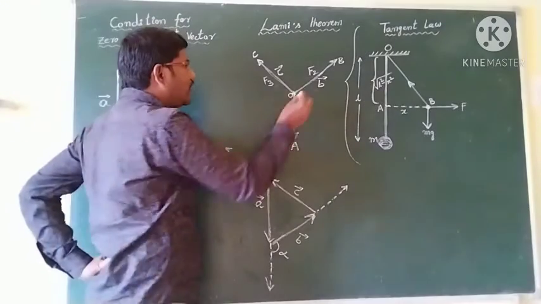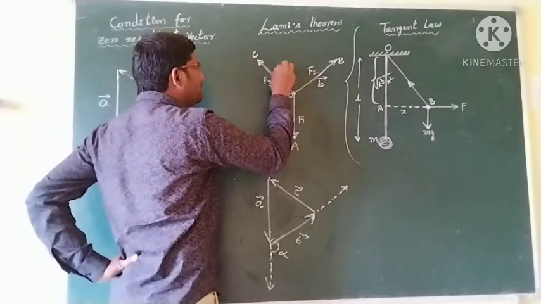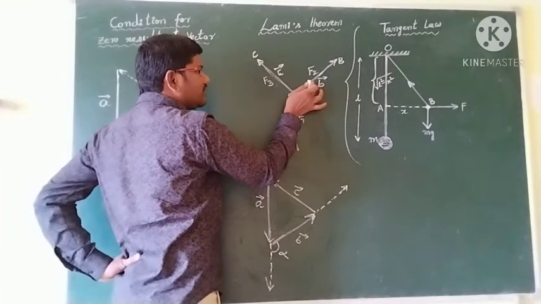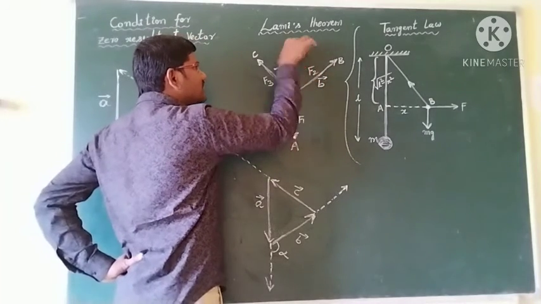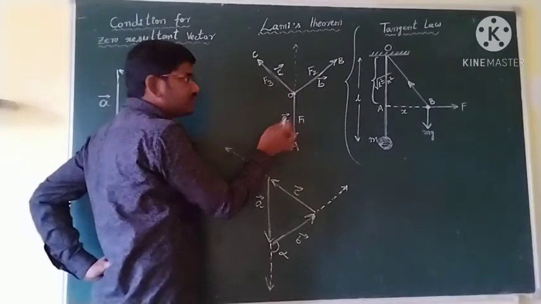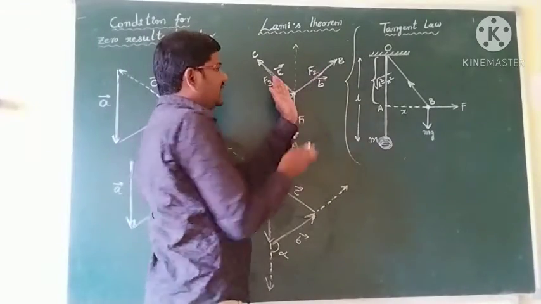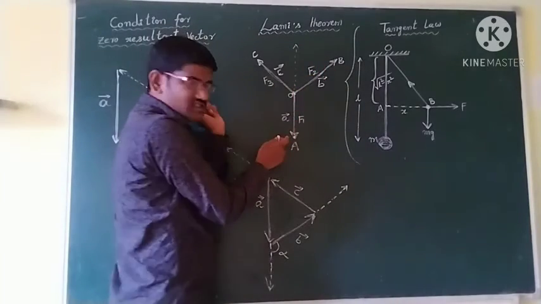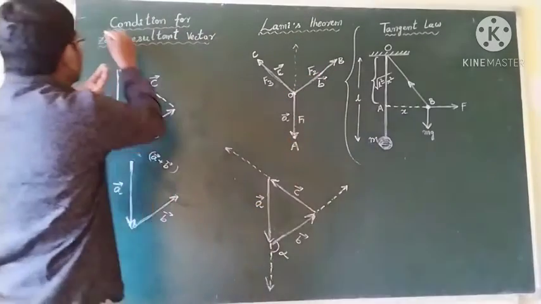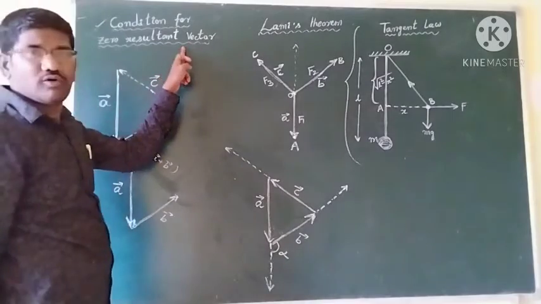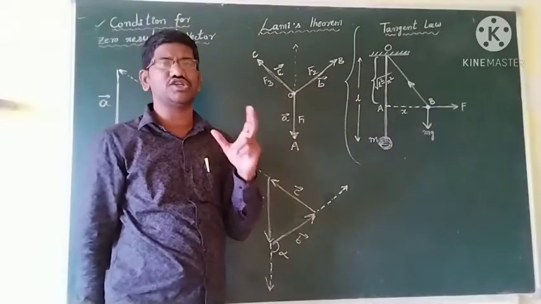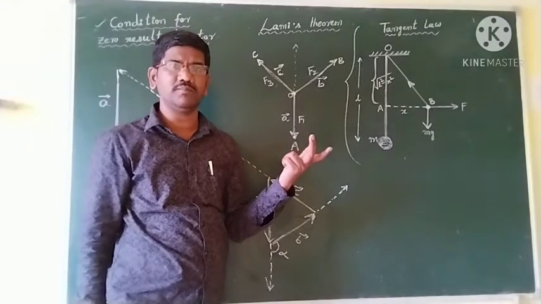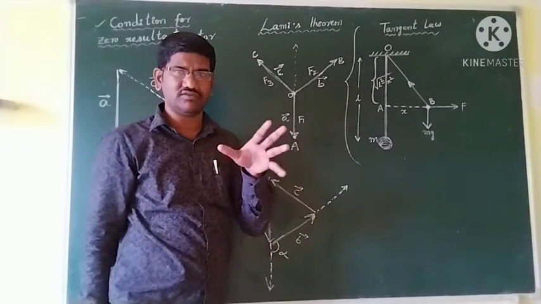Okay, students, now B bar and C bar. For the magnitudes of B bar and C bar, we will get one resultant force, which will be balanced by this A bar. One is pulling this side and one is pulling this side. So the resultant force you get for these two is balanced by this F1. Then zero resultant force is acting on the object, and the object is said to be in equilibrium. That is also the condition for equilibrium. We know that if the object is in equilibrium, it has no motion, it is at rest, and no rotation also for the particle.